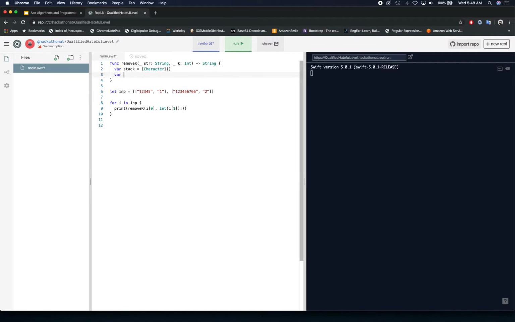Then we're going to need a size variable. And this size is going to be basically str.count minus k. So basically we can use this size for our sorted case. So let's say if you had 1, 2, 3, 4, for example, as an input, and size was given as k,